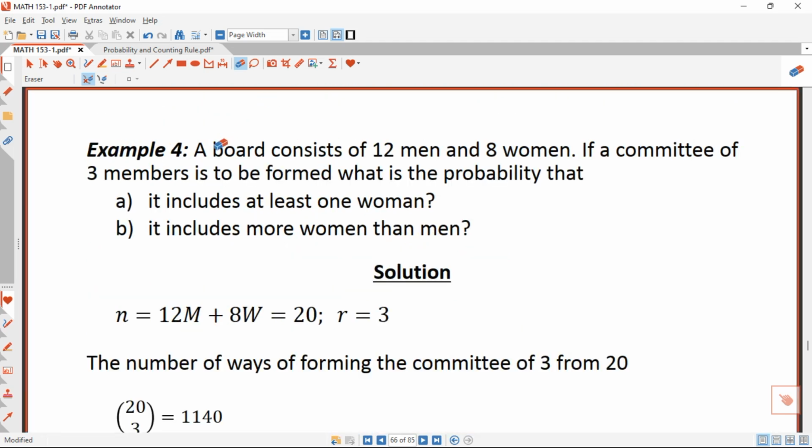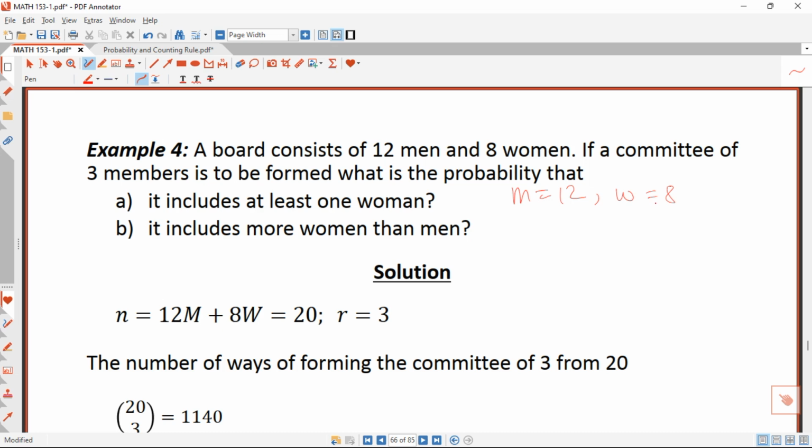And for our last question, it says a board consists of 12 men and 8 women. If a committee of 3 members is to be formed, what is the probability that A, it includes at least 1 woman, B, it includes more women than men, right? Yes. So here we are letting M represent men, which is 12. We are letting W represent